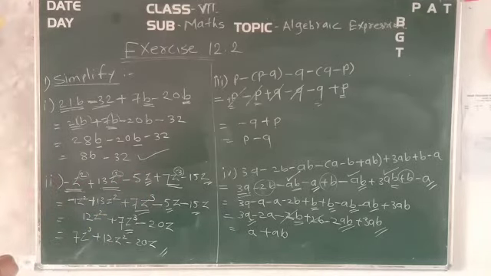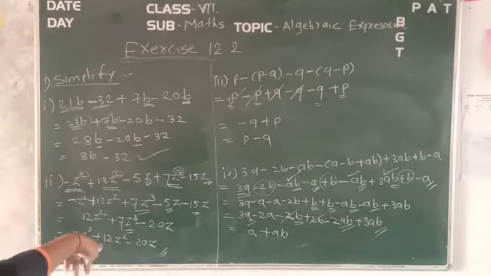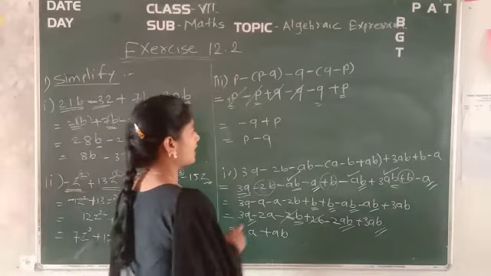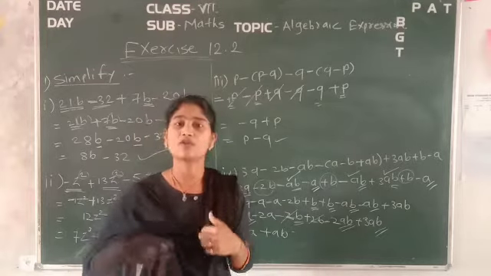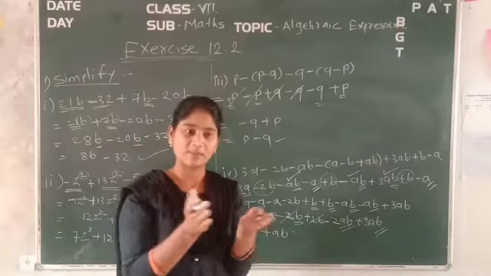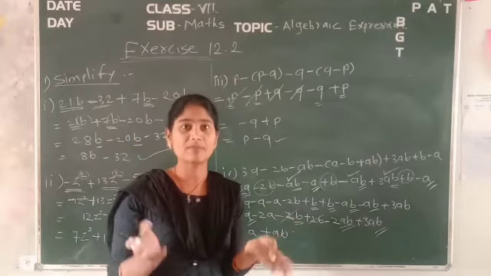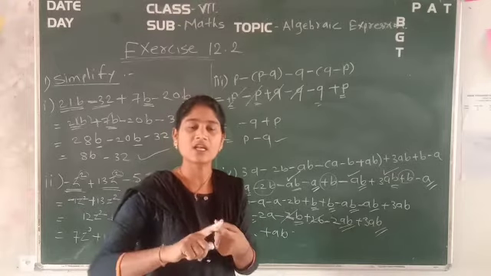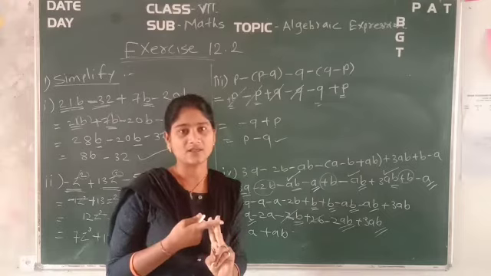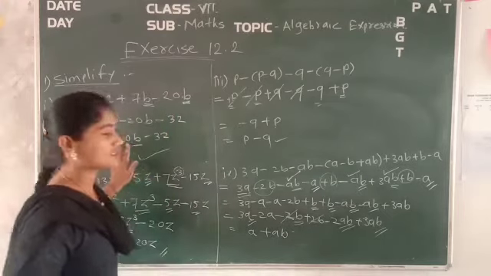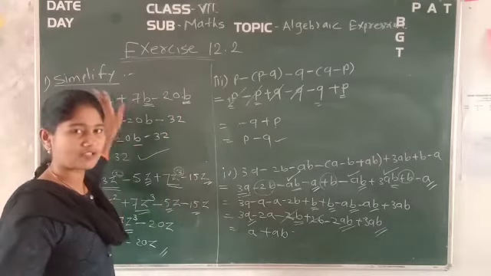That is 7z square plus 2z square, 12z square, okay, right, minus 20z, okay, correct. So it means in that way we have found the answers of all the problems. In that same way, what you have to do is follow the expressions related to simplification. So in the simplification, you have to perform both the operators, plus as well as minus. Okay. So that was the first question that we have learned about simplification.